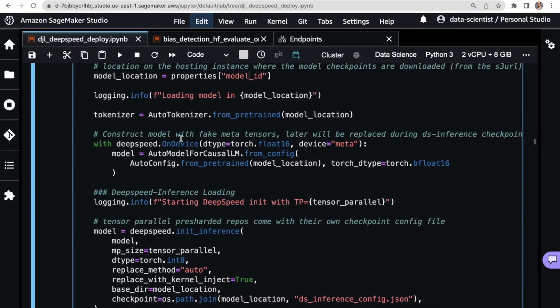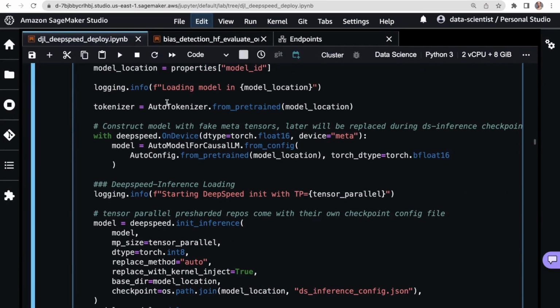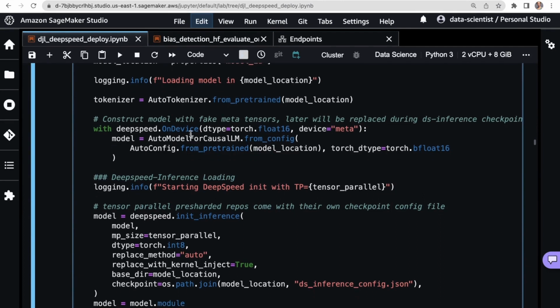And now we're going to construct a model. Interesting, apparently with fake meta tensors, which will later be replaced during the DeepSpeed inference checkpoint load. Okay, interesting. So here we're going to define this fake meta model, which will then update.